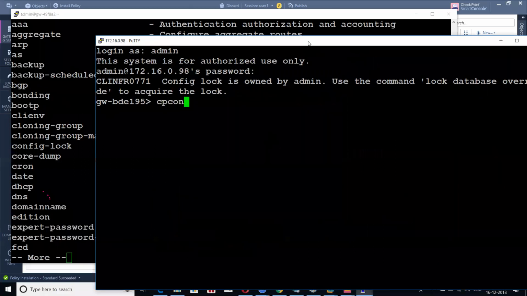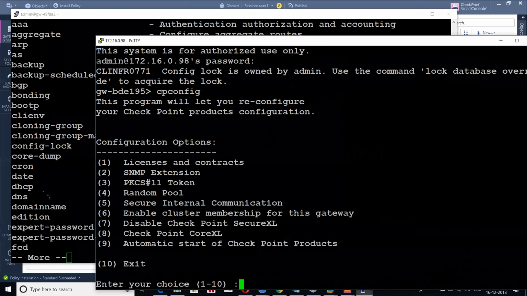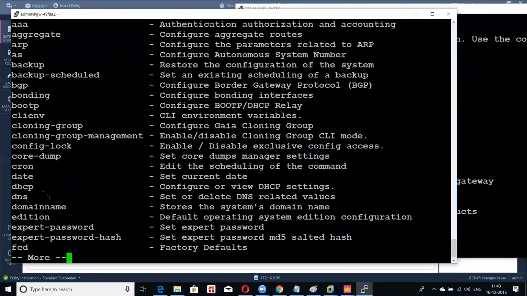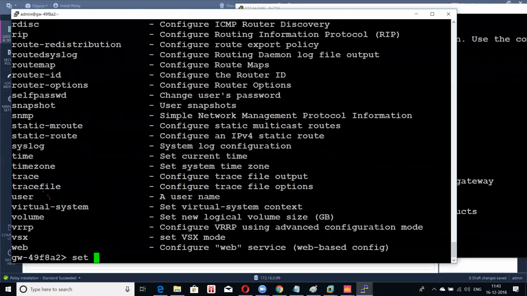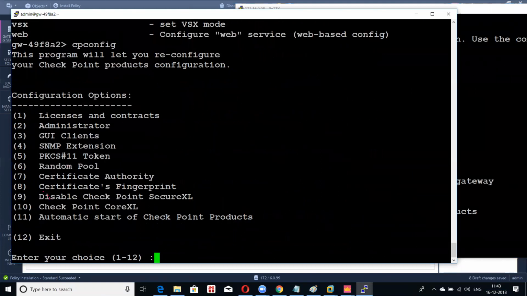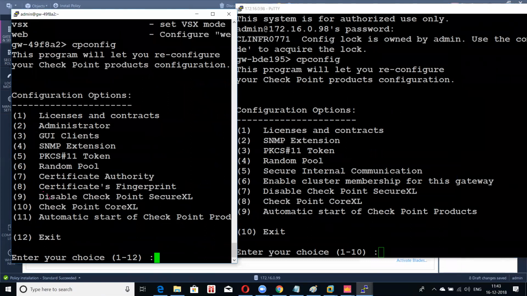We'll say cpconfig. You see that there is an option here. I'm going to do side by side. cpconfig, Check Point config. Okay, you see the option on both sides, and you will see that the standalone doesn't have the option